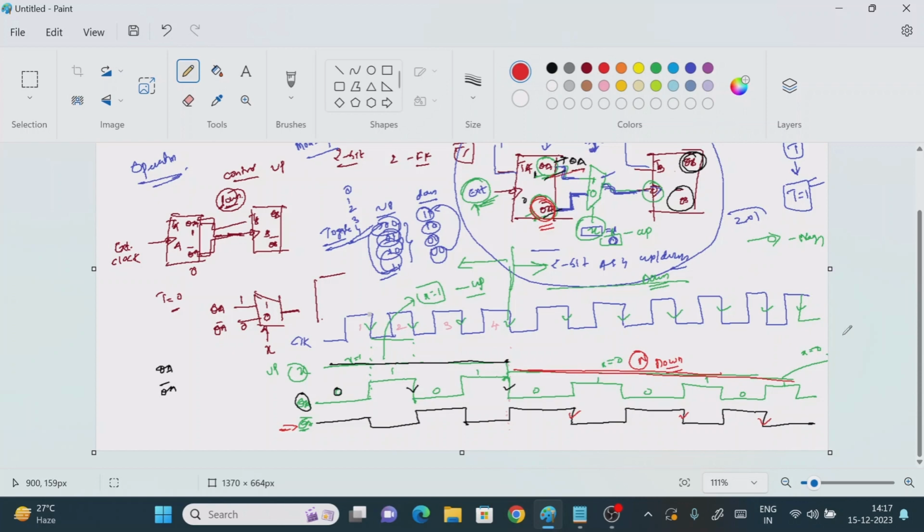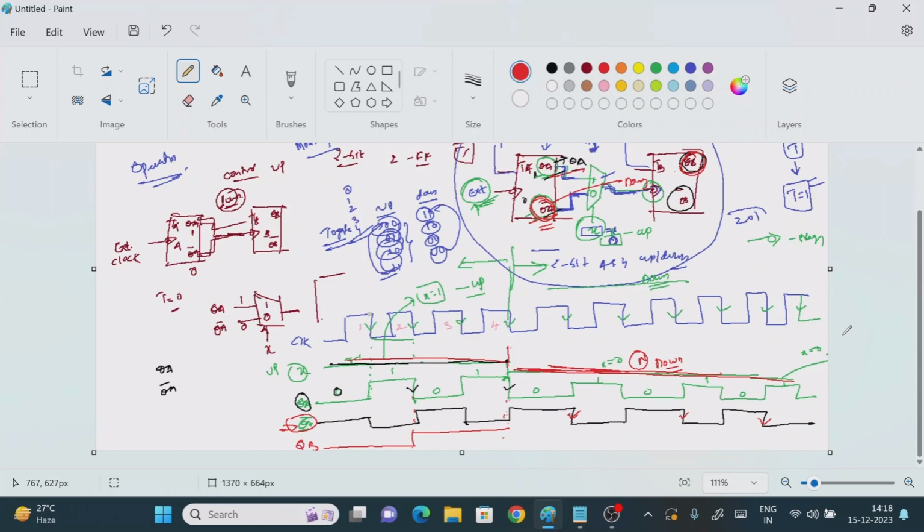Now based on this QA as well as QA bar, we are going to find the output for QB, right? Suppose I want to find QB. Up to this one is the up count value, and here it is starting, right? From here to here it will be some value. Initially it will be 0, and from here to here it is 1. Now this is important, you need to remember. This is X equal to 0, so this is for the down count value. Where is the down count starting? Down count is nothing but the QA bar. Remember, this is important. So here it is starting, right?